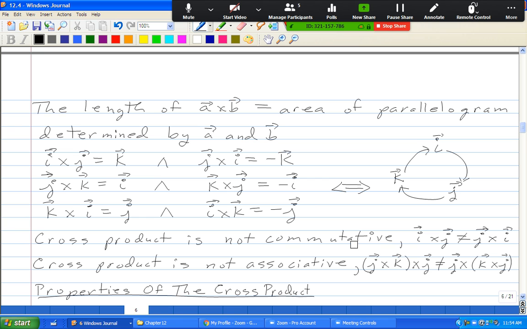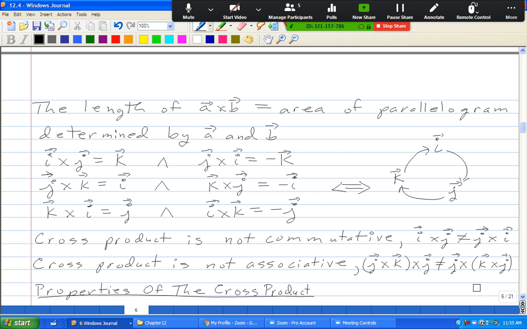If I look at J cross K, that gives me I, cross J, that gives me K. Then look at K cross J, which is a minus I. And then I look at J cross minus I. So J cross I will give you a minus K. And so this will give you a positive K on one side,